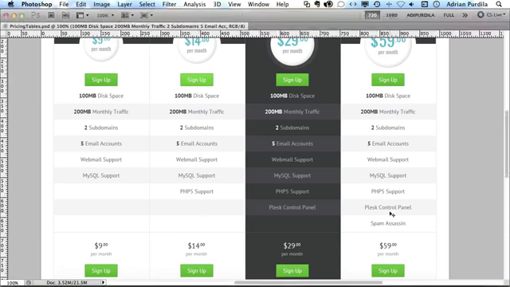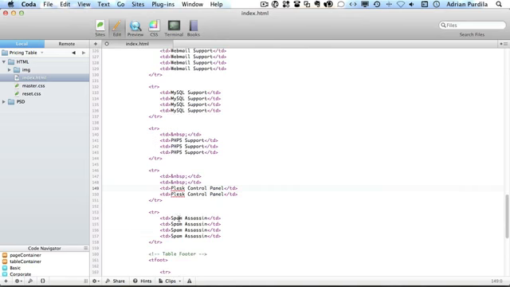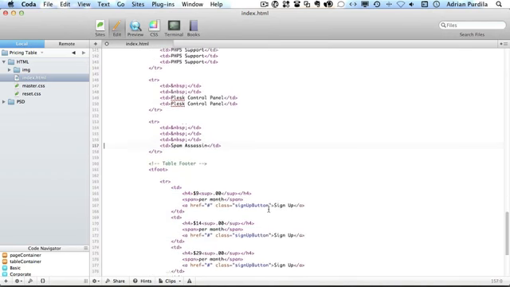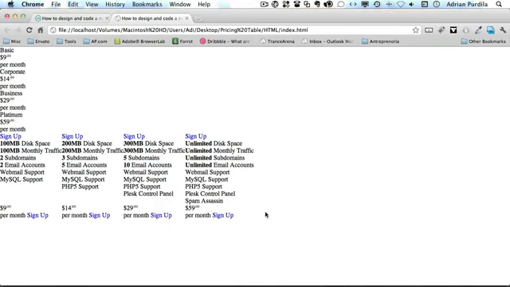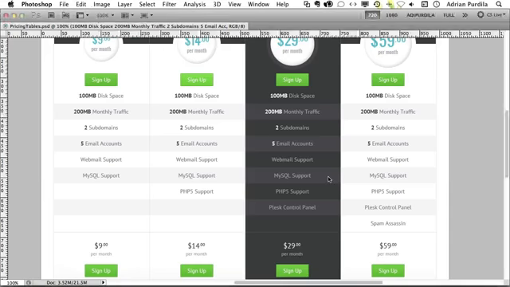And Spam Assassin, we only have it at the last plan, so we do this. Okay, and the rest is as it should be. Okay, look at that. Alright, so with that out of the way,